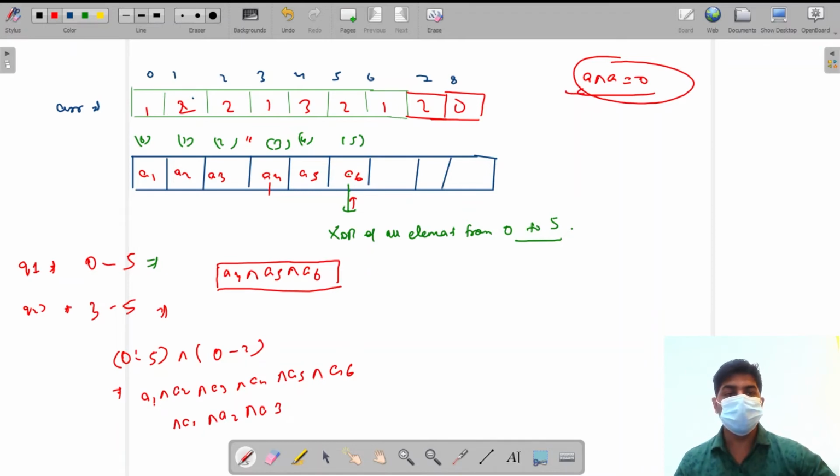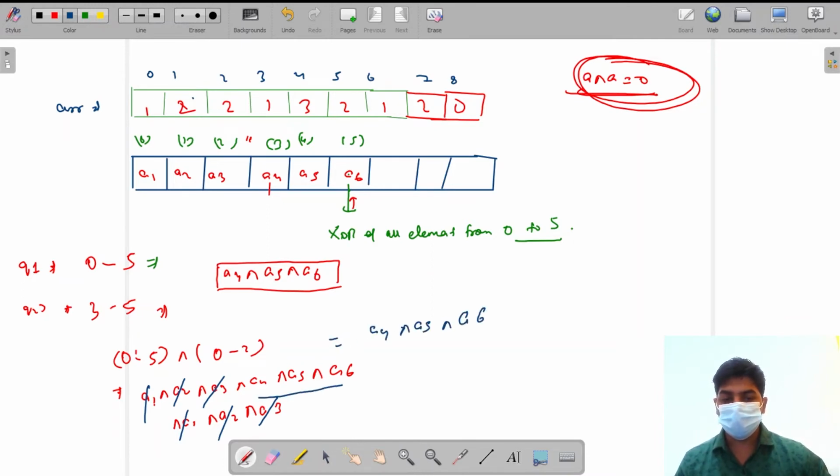Now we know that a XOR a is 0. So if we look clearly, a1 XOR a1 gives us 0, a2 XOR a2 gives us 0, and a3 XOR a3 gives us 0. Finally we are left with a4 XOR a5 XOR a6, and this is what we were looking for, right?